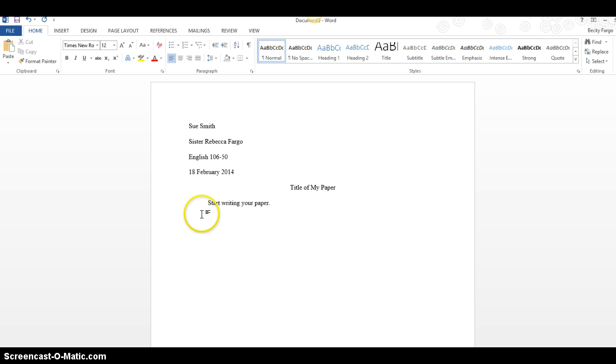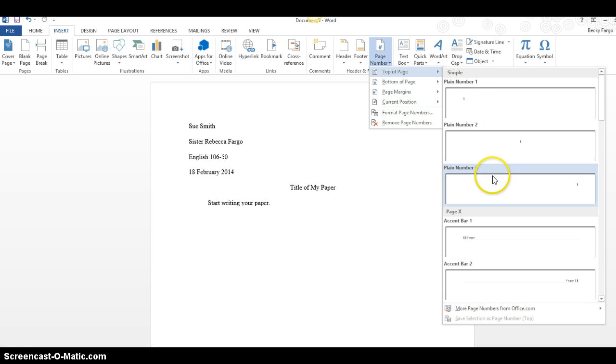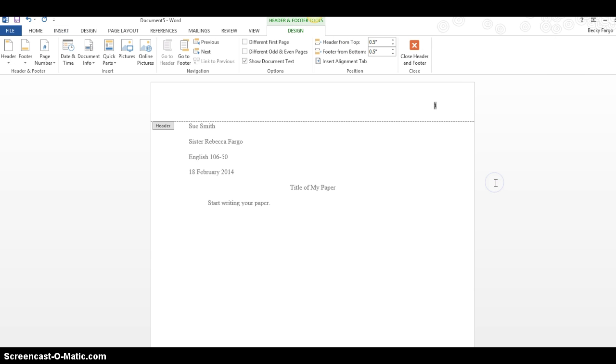Okay, so this is a correct heading. This is the way your papers should look from now on. Your paper is missing something else, however. It needs to have a page number up in the top right corner. So to do that, you're going to go to Insert and click on Page Numbers. Top of the page, select where it goes, which is the top right. Click on that. Then you have the page number, and it allows you to add your last name. So you'd add your last name and a space before the page number, but you'll notice that